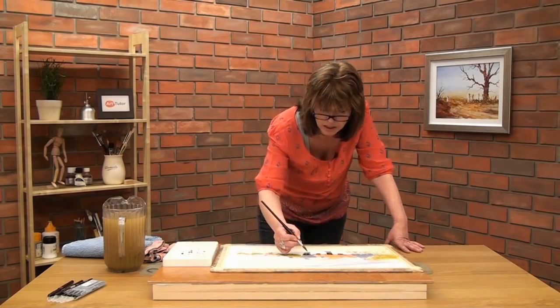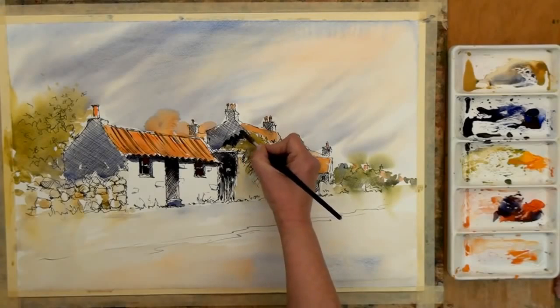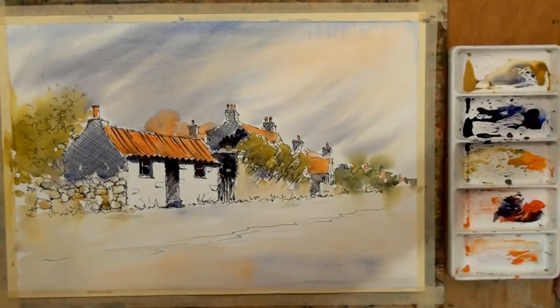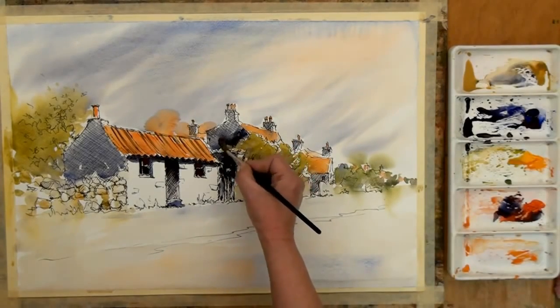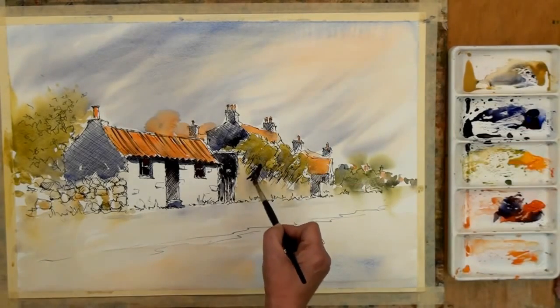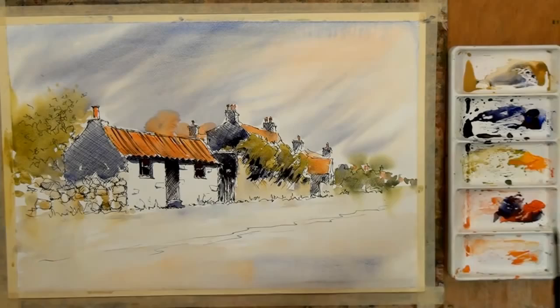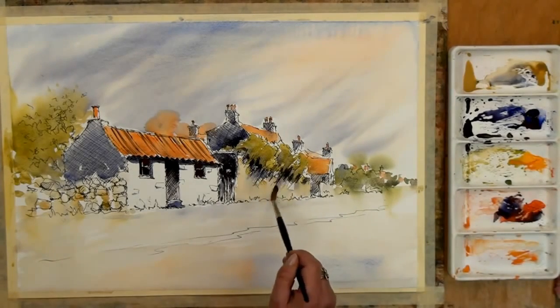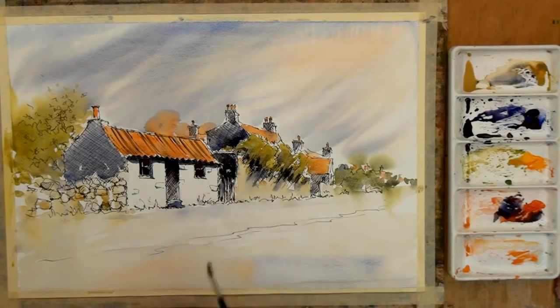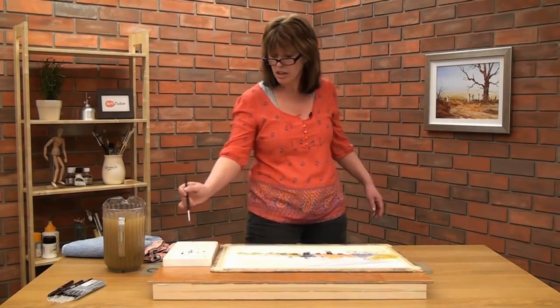Again, I feel that this could be slightly darker, and I don't paint the whole thing. What I'll do is I'll put in a value and then I'll soften it because I want to see the lines. Let's strengthen the shadows underneath this lovely foliage that's growing against this wall. I can just soften that back, like so. I'm looking for a good balance, so I feel that I need to go darker onto the gable